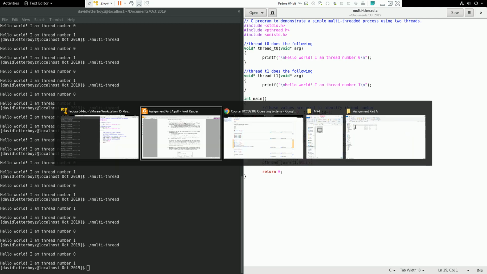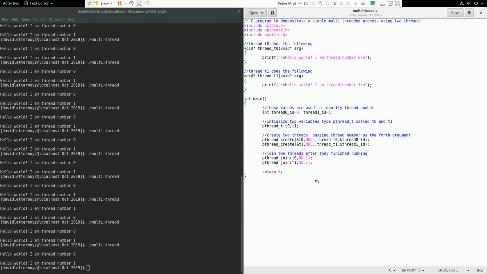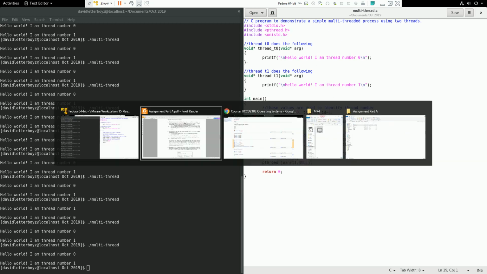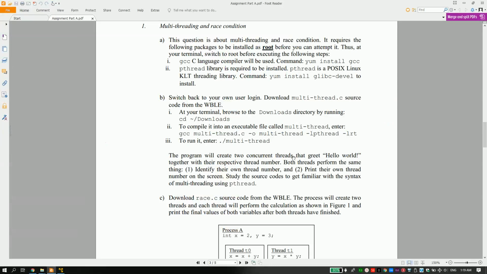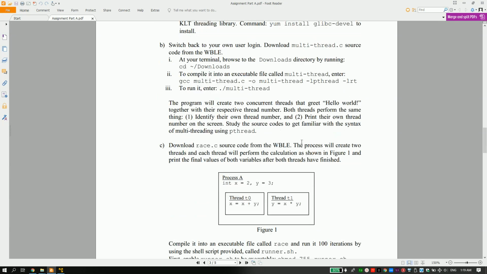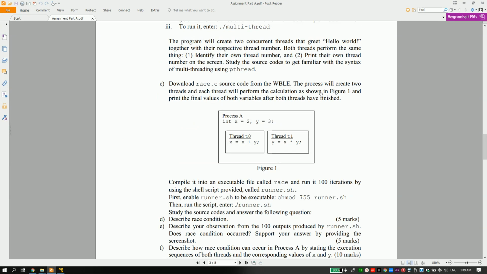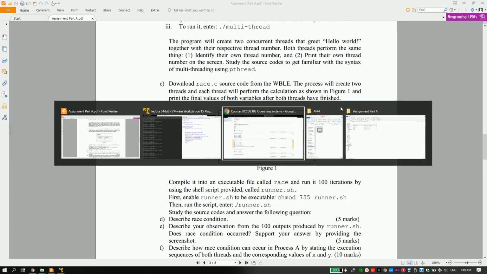Now study this one. Study this source code, look at how it runs and how it's designed. This is just a simple program for you to play with. Then we go to question C. Question C is the one where you need to really solve and answer the question. So question 3, C is